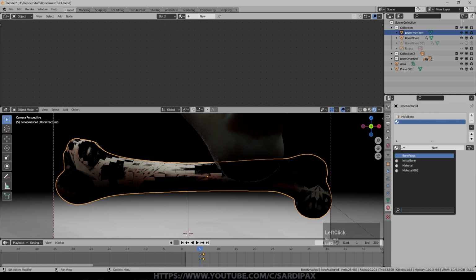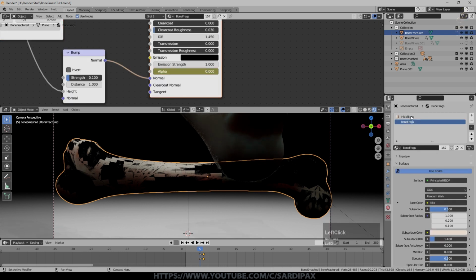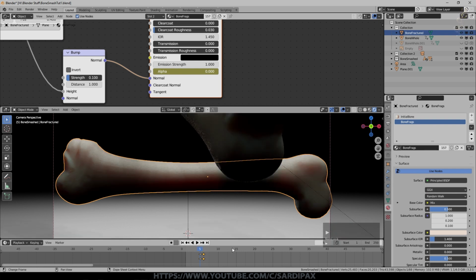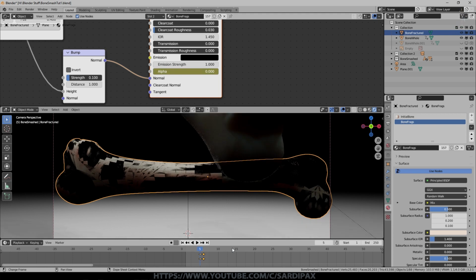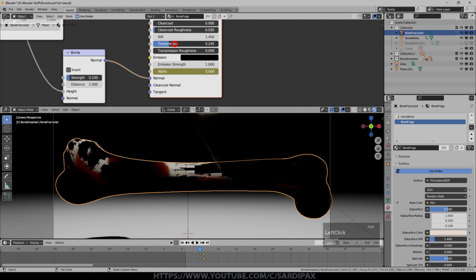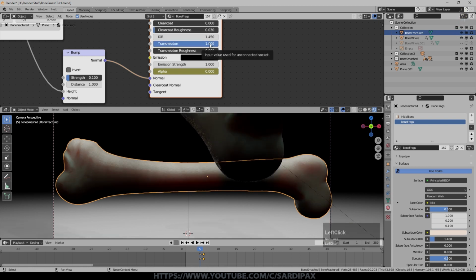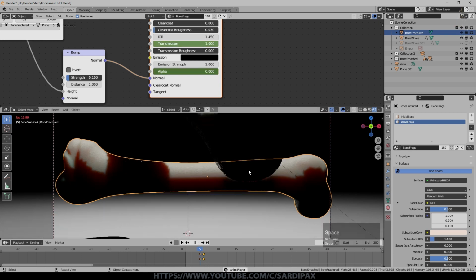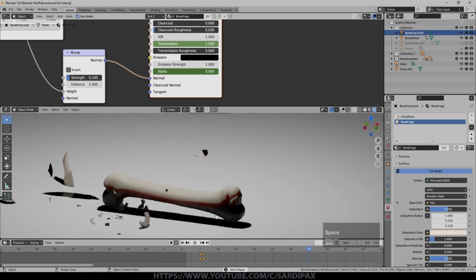And an easy way to play around with more than one material is just to add the second material into an easily accessible object. So we've got an issue there until those become completely invisible. It's probably a normals issue. So what we'll do is, it looks like adding transmission in as well will help. So we'll put transmission up to 1 and animate that, and then we'll go to the next frame and set transmission down to 0. So I'm just letting that run through, and that's basically doing it.